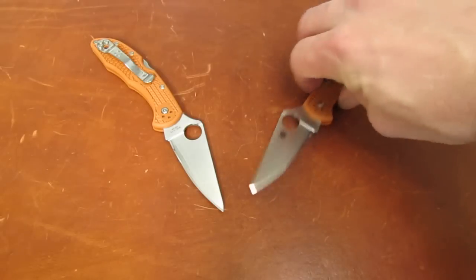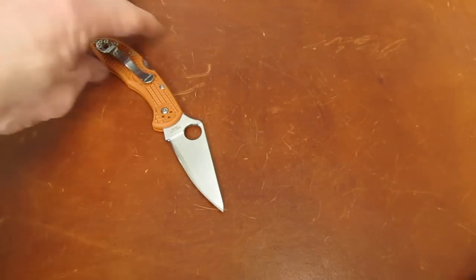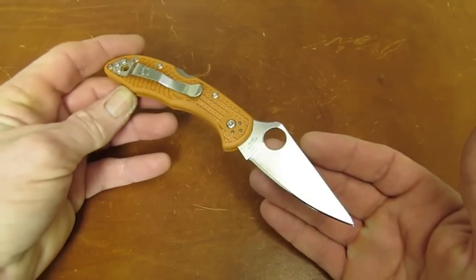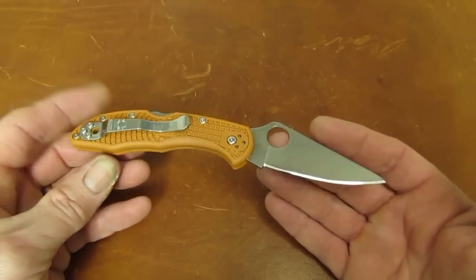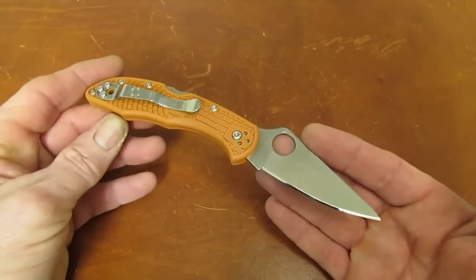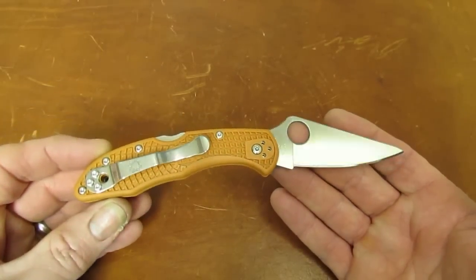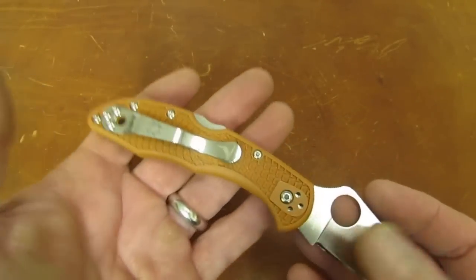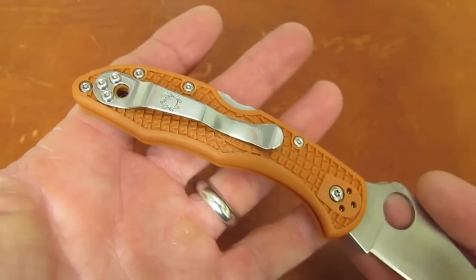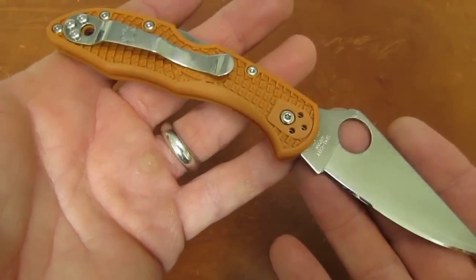Let's get rid of this one for a minute. My buddy and a longtime sharpening customer, Jesus, sent me an email a week or two ago that I was going to be receiving on his behalf a brand new Spyderco Delica 4 in burnt orange. The camera's going to have fun with this color on this background. And it is in